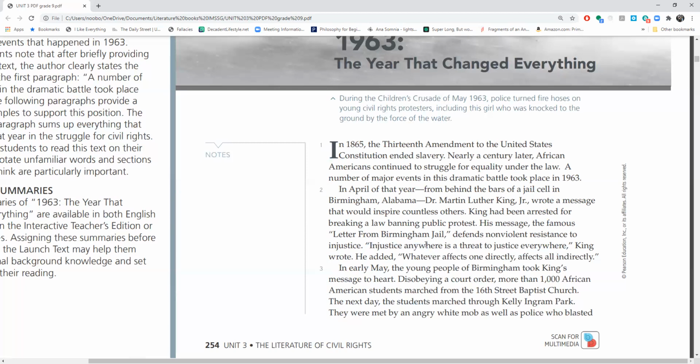So being treated unfairly is a threat to being treated fairly. Justice is like being treated fairly. Injustice is not being treated fairly. So what he says is that not being treated fairly anywhere is a threat to being treated fairly everywhere. If there's injustice for a few people, then it's possible and very easy for this same injustice to happen to anybody. So if it only affects some people, it affects everybody also.